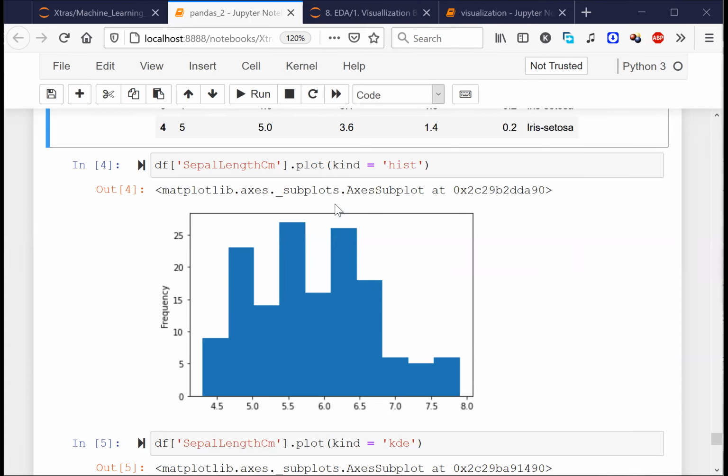Let me try to show you a couple of things here. Let's say there is a data frame with a column, and let's say it contains age. Let's say there is somebody with 1 year, 2, 3, 4, 4, 4.